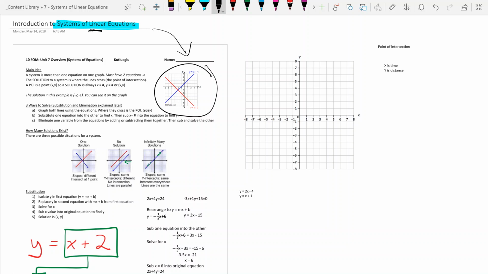So the last unit we spent the whole unit talking about, if you had an equation, you know how to graph it, you know what it means, stuff like that. This unit, we're talking about when you have two lines and we want to find that spot where they intersect, the POI, the point of intersection. For example,